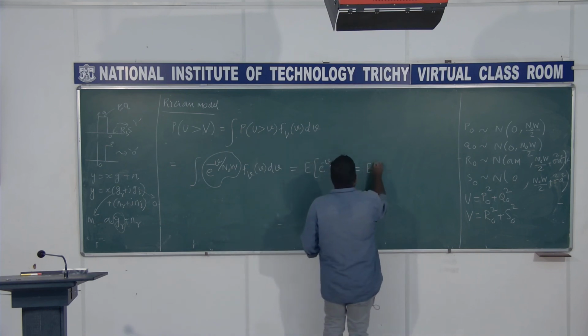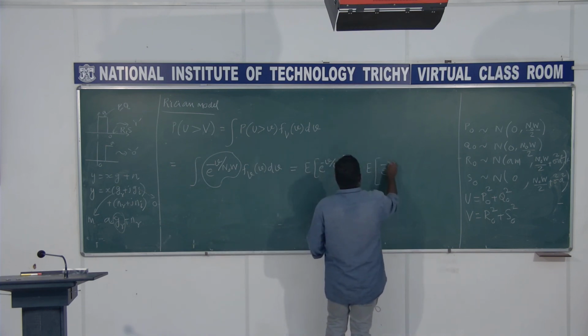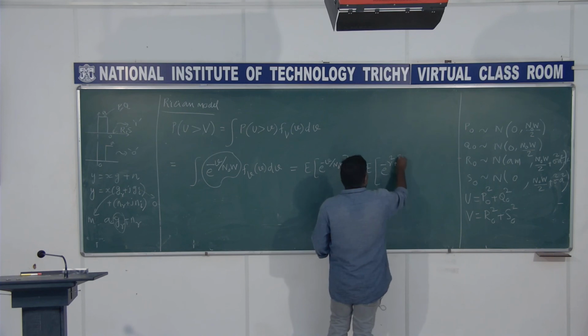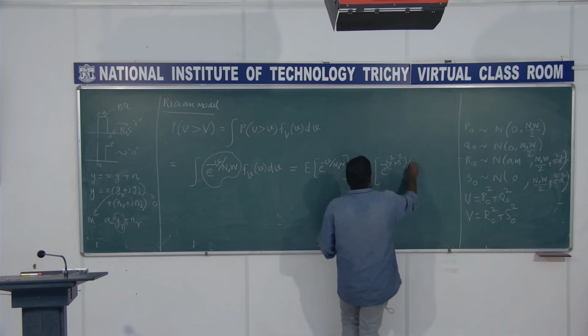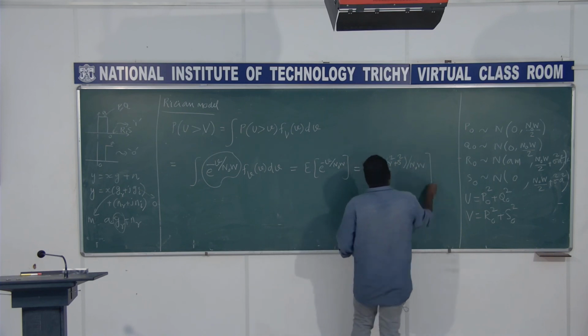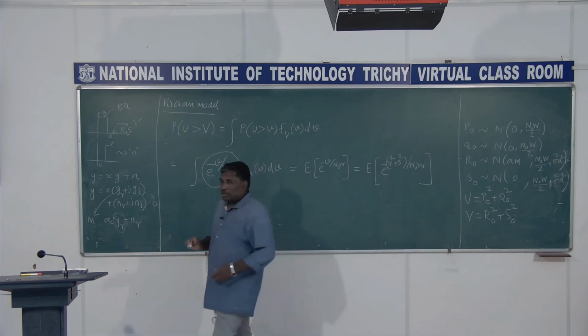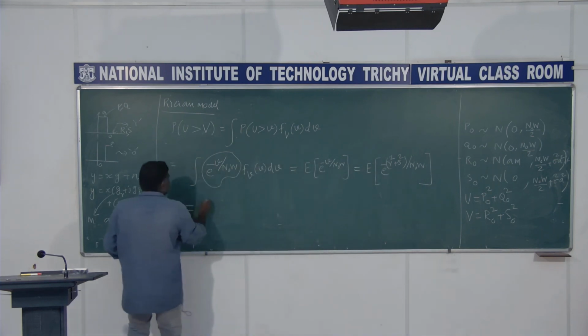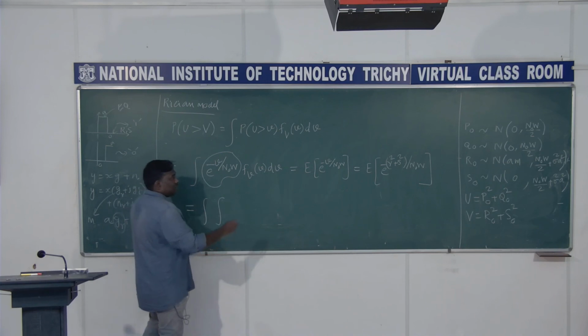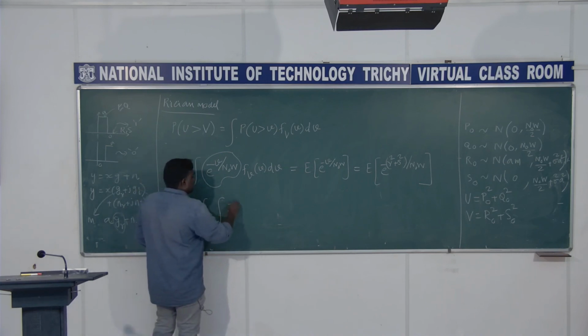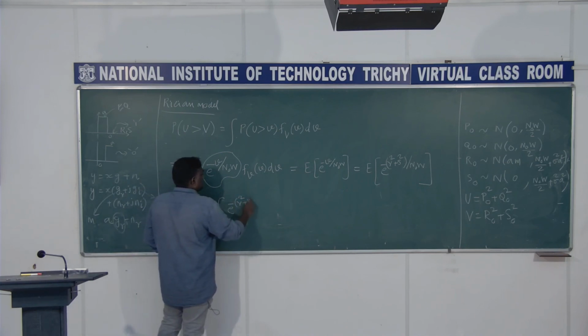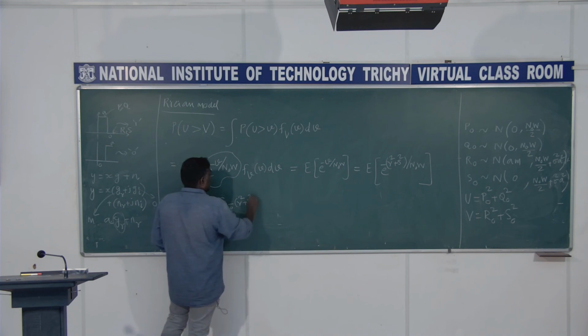I can write this as the expectation of e power minus r square plus s square by N0 W. Right? So a double integral will come, and that is a function of minus r square plus s square by N0 W, and we need to write